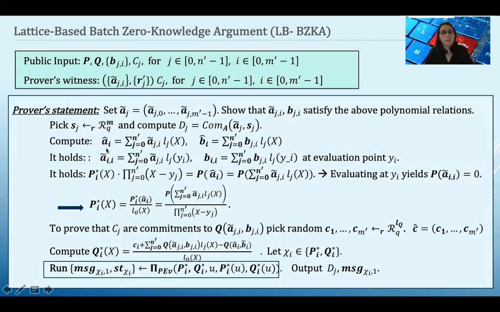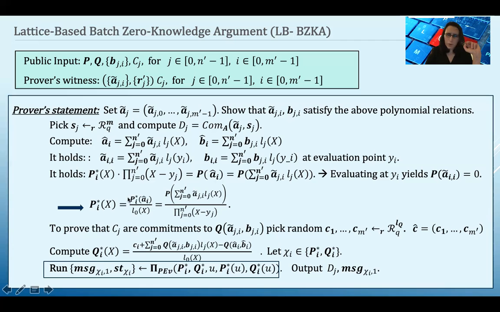This is done, and I'm now trying to speed up, by performing some computations summarized here. In this first step, the prover needs to compute a polynomial Pij star of x, which